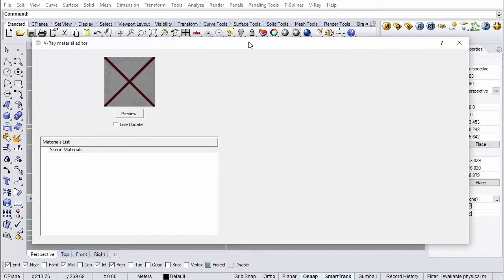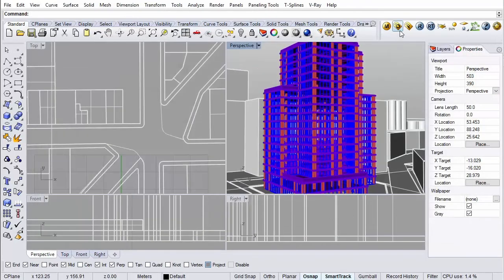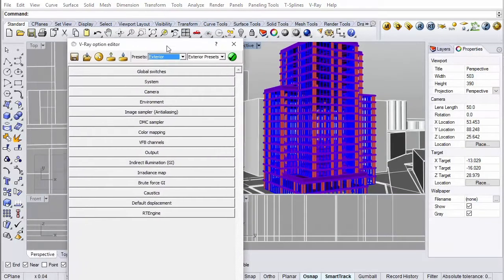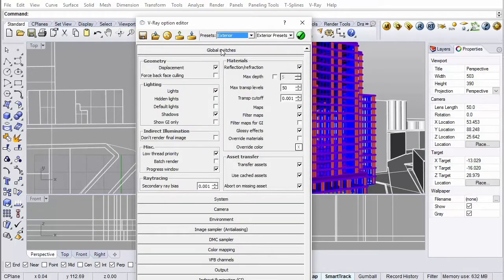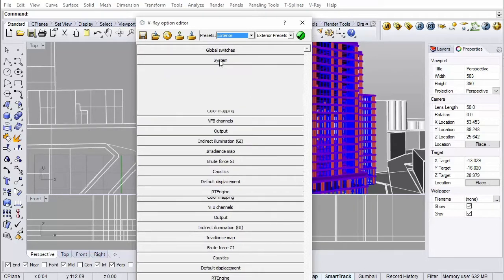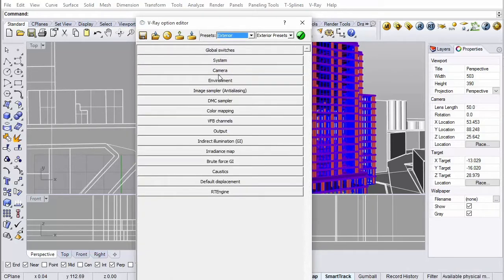There's nothing there. That'll be another video. The options. This is where all of the parameters for V-Ray are located. And it's quite a heavy window. So we'll get into that later.